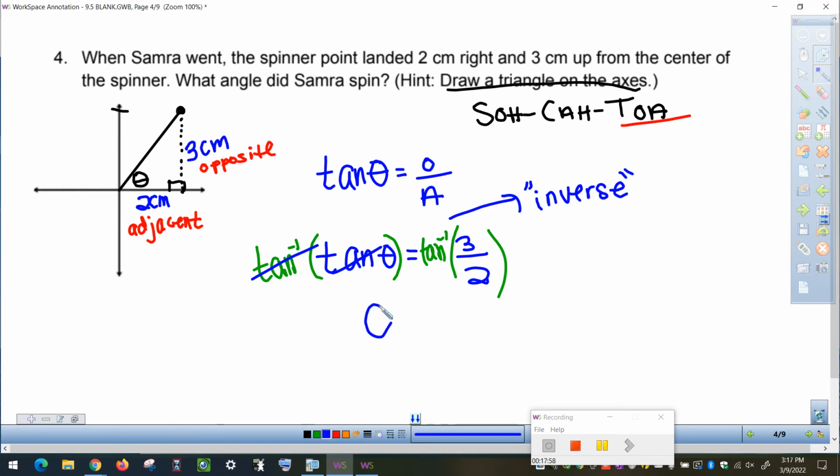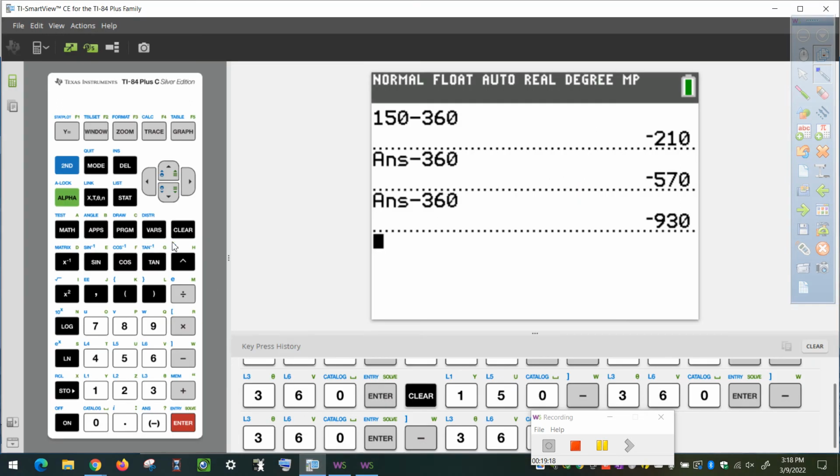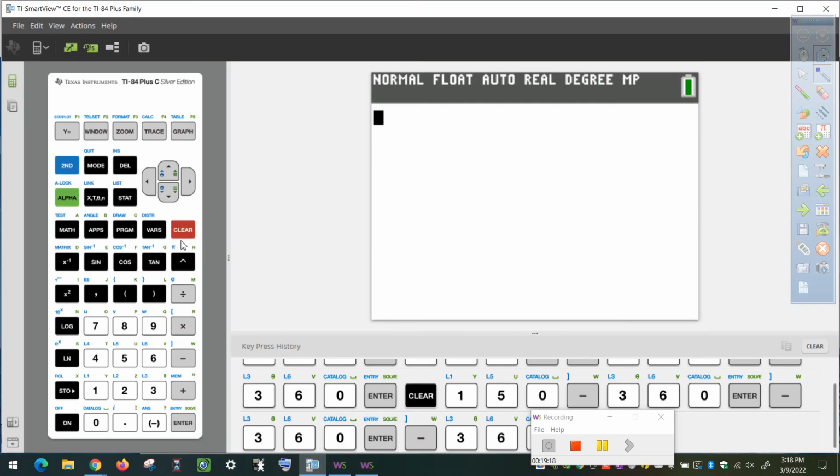And so really what's happening, I'm going to rewrite this down below, is that if we're trying to solve for a missing angle, we're going to do the inverse tan of whatever the fraction was equal to. So in this case, we're going to do the inverse tan of 3/2. Let's find where that would be on our calculator. Above your tan button, you should have an inverse tan symbol, and it should be in the same color as your second key. The way you know it's inverse tan is because it looks like a tan with a little -1. So we're going to get there by pressing second tan, and notice how you have a little -1 there. Now we're just going to type in 3/2,